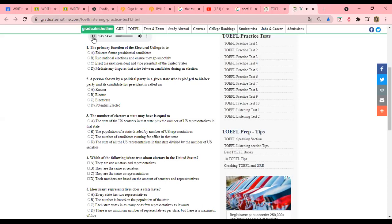Some states, such as Alaska, which has a small population, for example, have only 1 representative at the current time. That means that Alaska will have 3 electors chosen by each political party. In total, there are currently 538 electoral votes in the whole country. Okay, so what happens when you vote in the presidential election? Well, what you have when you vote is a ballot, which normally says electors for and...